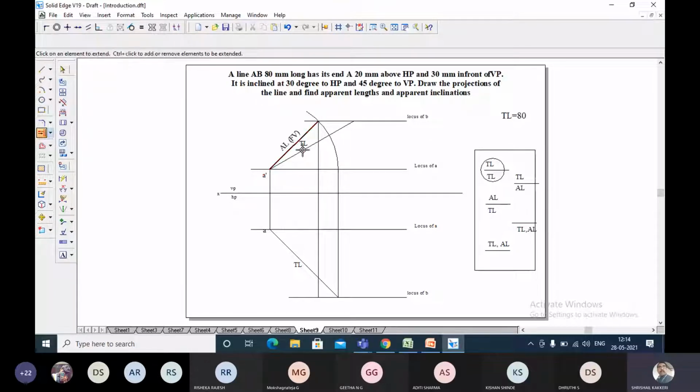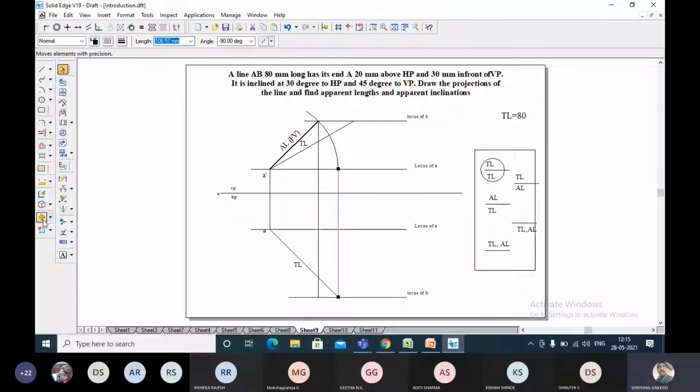Once you know the apparent length, then the two lines which will be bounding this particular line, and this distance, will be called the distance between the end projectors. It will be same in all the problems, but the distance between the end projectors for the true length will not be same. Already I showed that. And one can do this, or if you want you can use the regular method. By taking the true length you can draw the apparent length. How can it be done?